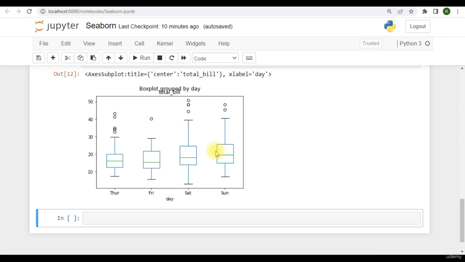A box plot summarizes the sample data using the 25th, 50th, and 75th percentiles, which are also known as the lower quartile, median, and upper quartile. A box plot consists of five things: the minimum value, the maximum value, the first quartile or 25th percentile, the median or second quartile, which is the 50th percentile, and the third quartile or 75th percentile. This is why the box plot is very important. You can detect outliers very easily with the help of a box plot. So if you are clear with the box plot,